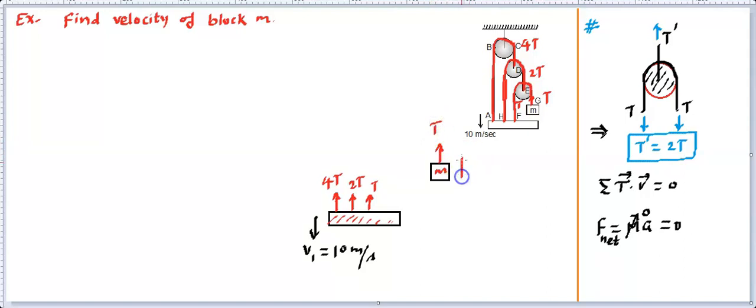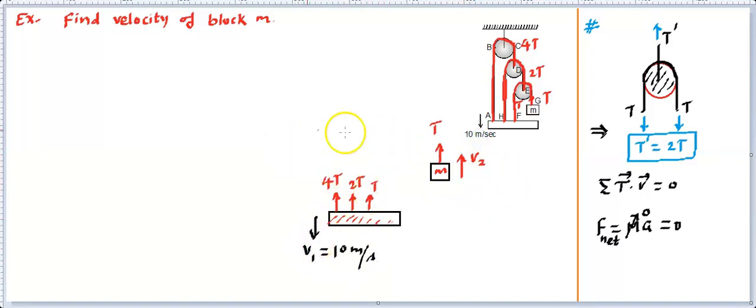Now this velocity will be either in the upward direction or the downward direction. So the choice is yours. Let's say we are choosing the upward direction, that's v2. You can choose the downward direction, right? So the final velocity we need to get after solving this. As common sense says, as it goes down it has to rise up, so you will get v2 as positive. If v2 comes out positive, that means whatever direction you opted was correct. If v2 came out negative, that means the final direction will be downward. So this is what we are assuming, this is what we have been given.